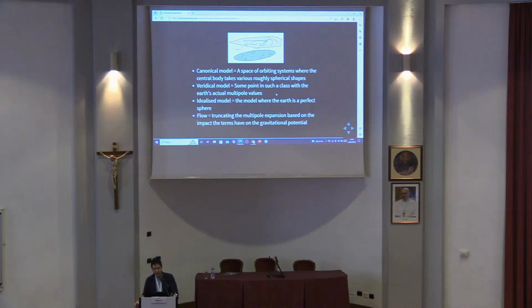The notion of flow, then, is given in this case just by truncating that sum on the right-hand side of the multipole expansion. The more of those terms that you have to pay attention to, the more fine-grained you get, but in contrast, the fewer of those terms that you pay attention to, you have this flow to a fixed point. Okay, so in the interest of time,